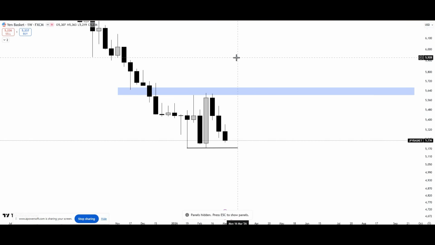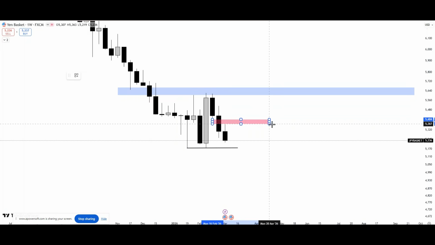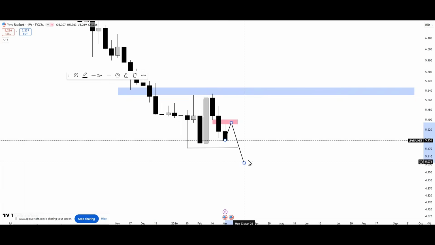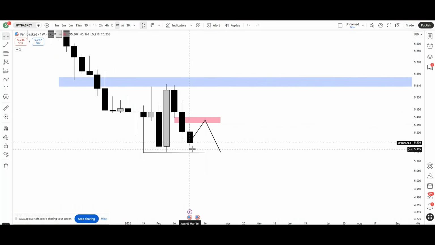So let's look at yen basket, and yen basket is just the yen. We'll start with the weekly time frame, and of course you can see yen has been bearish, and so far we have this tiny weekly fair value gap here. So if you're going to have a retracement, it would be nice if you get a retracement here before we continue going bearish. Of course, draw on liquidity is these relative equal lows right here.